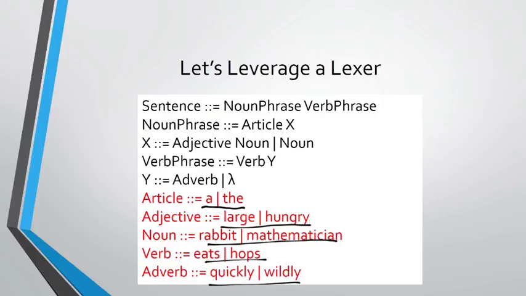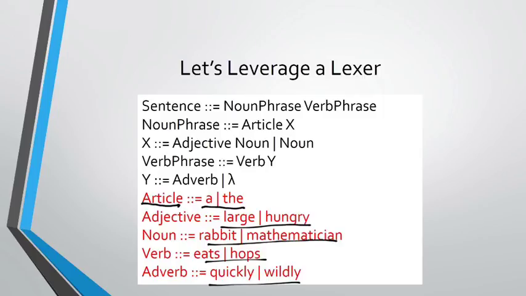So a scanner, though not as powerful as a regular grammar, not capable of doing the same things, is very good at determining whether or not something is a symbol that belongs to the language, a terminal symbol, I should say. So the idea here is rather than needing to parse specifically the articles a and the, for instance, we can use the lexer or the scanner to first determine if those things are articles, and then just gather up a list of those. That's the same kind of concept we're using in the projects,